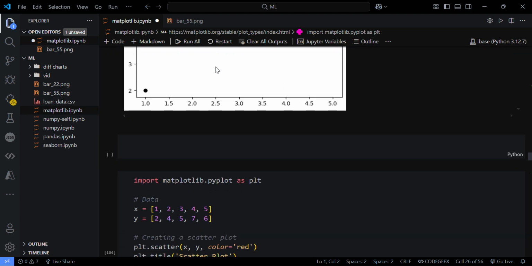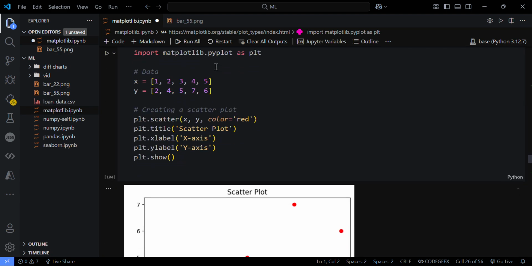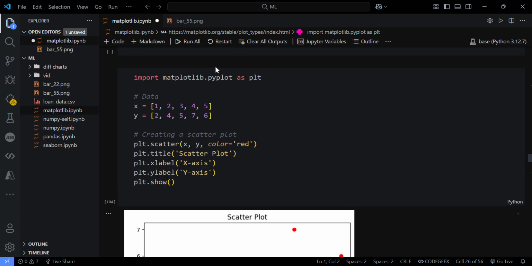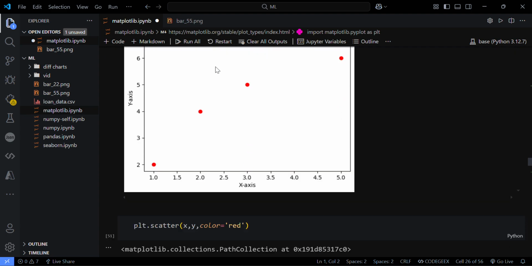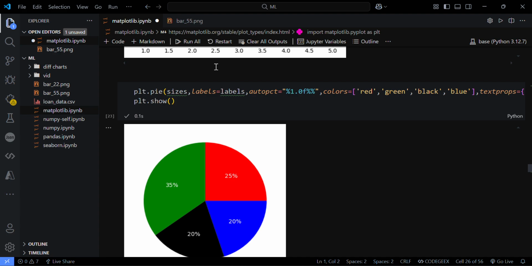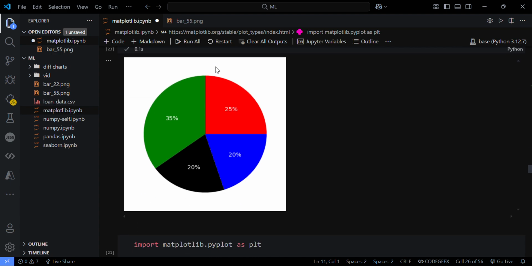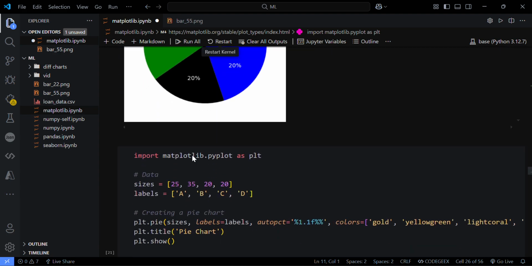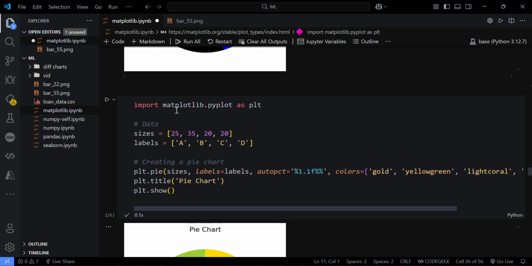And the scatter plot is the normal thing we discussed already in the earlier sections. And the new thing is the pie chart. Pie chart specifies the size and the label. We created the size and the label as a data set, and plt.pie gives the